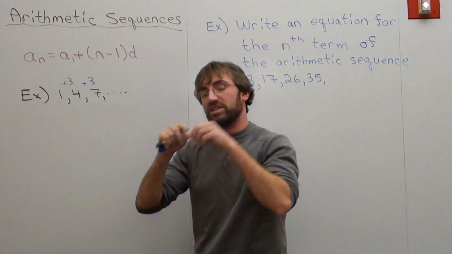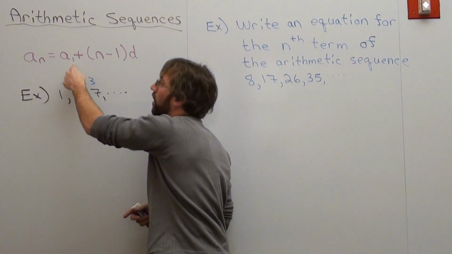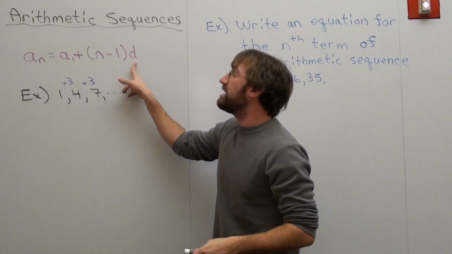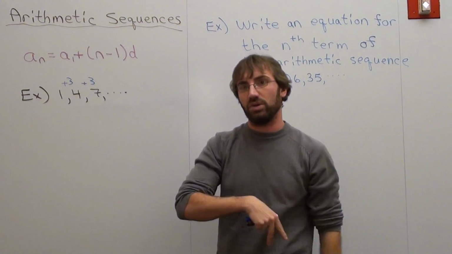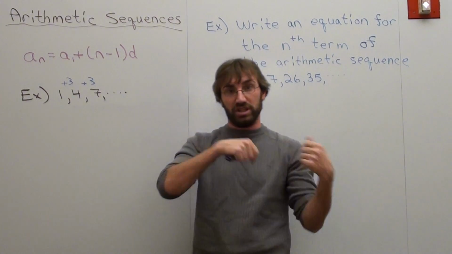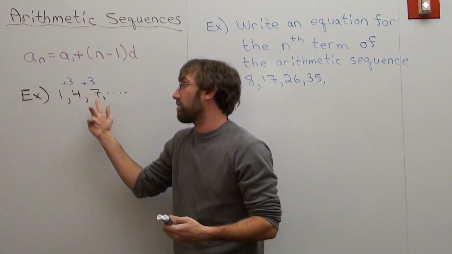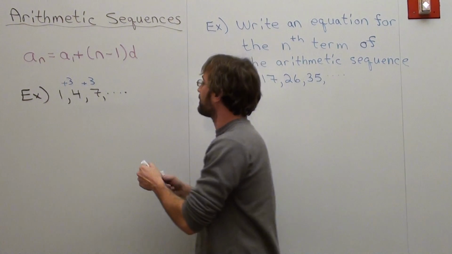So the first number that starts off the sequence is a sub 1, so it's 1. D stands for something called the common difference. Basically, how am I changing the sequence? Like, what am I doing from one number to the next? And what I'm doing is I'm adding 3. So in this particular example,